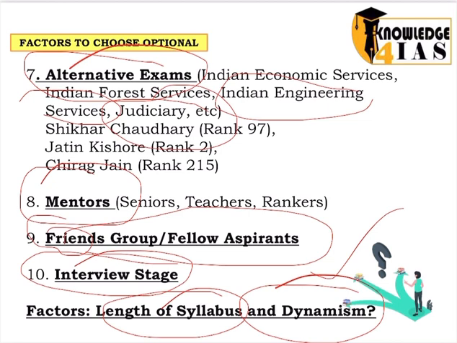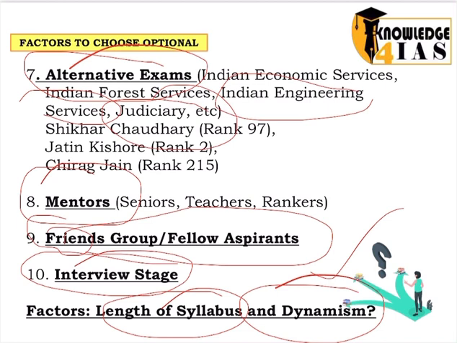Why is it so? Say for example, public administration or political science. If someone says that the syllabus of political science is quite big, then why don't you see that if the syllabus of that particular subject is big, then that subject is also helping you in other parts of GS? For example, if the syllabus of political science is quite lengthy, then political science also saves you time to give extra time for international relations.